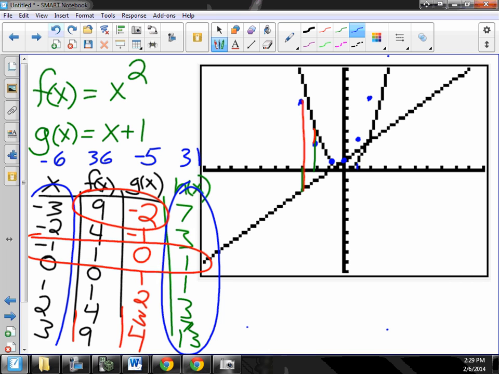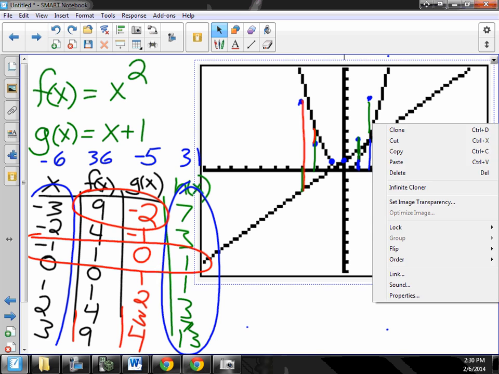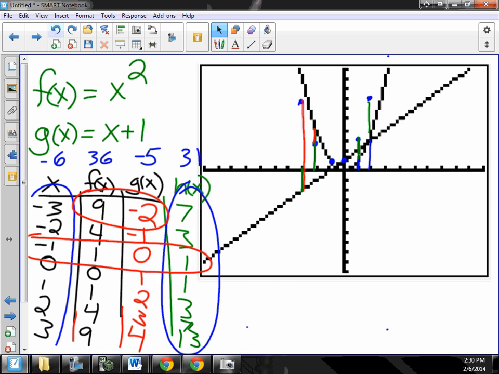So here's a distance to the quadratic, and here's a distance to the line. Are those distances going to work together or against each other? They're going to work together because they're both positive. So I can move this green line up, and that matches. The last one, the quadratic and the line are about the same length, well, not actually true. That should have been a little bit longer. All right, well, if I get rid of all of these lines,